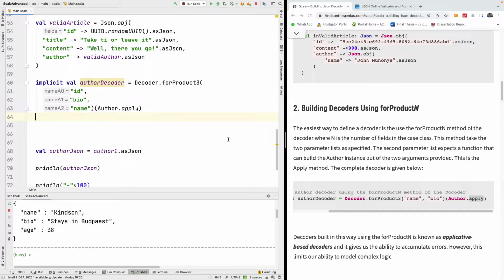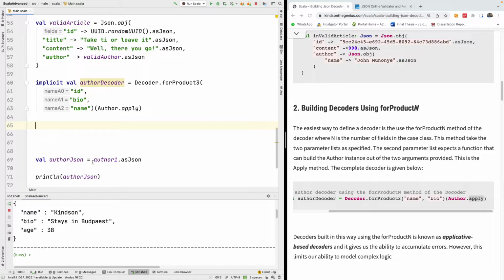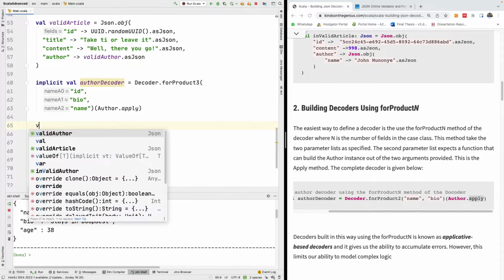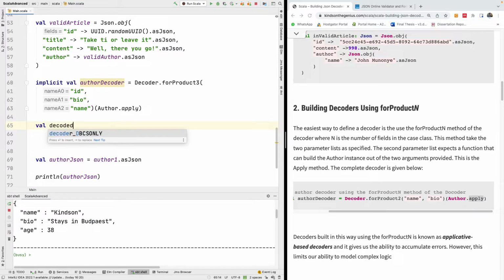So how do we now use this decoder? We simply call it on the valid author. So how do we do that? We simply say, val decodedAuthor is equal to... there are a number of ways to do it. You can just say authorDecoder